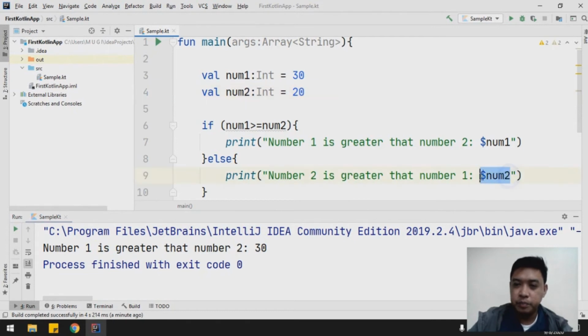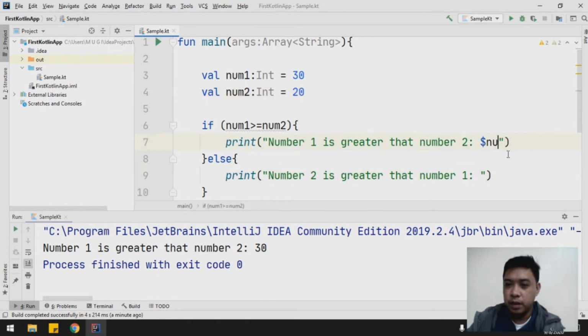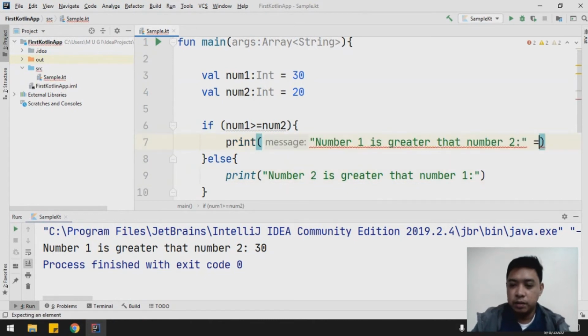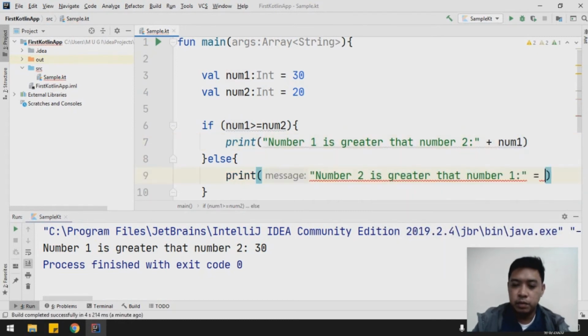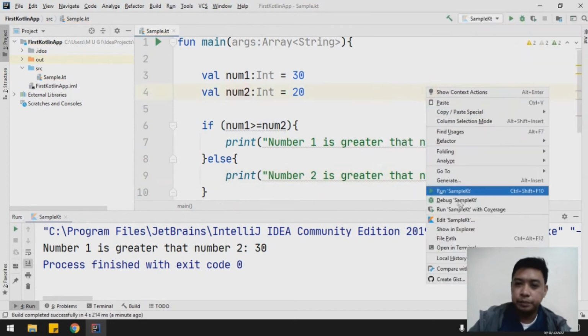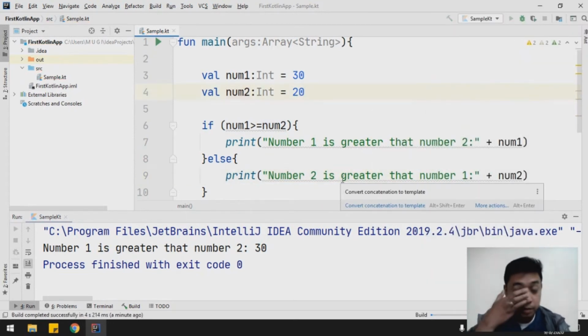You can also do the concatenation right here, for example, using the plus sign. Just type number one, and also number two. They're basically the same, so it's up to you guys to